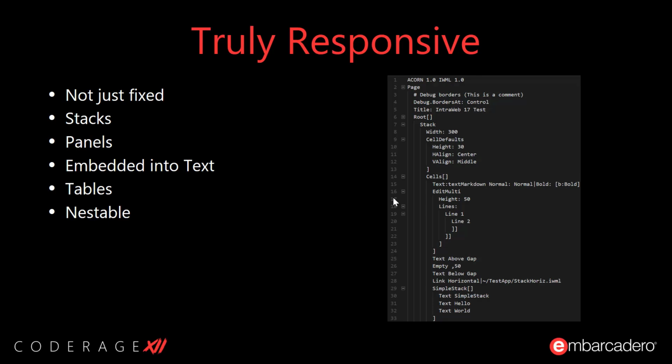So in IntraWeb 17, you could say, I want this section of the screen to be a fixed layout, but I want this section of the screen to flow, and put them inside of each other. And you can even embed controls into text of other controls using Databinding, which we're going to show a little bit later. So you can see, for example, in this IWML example on the right,